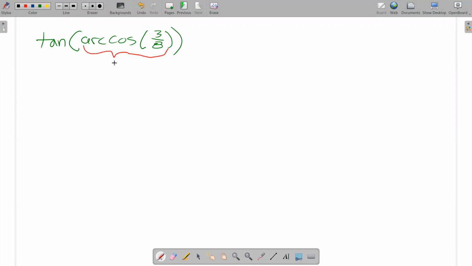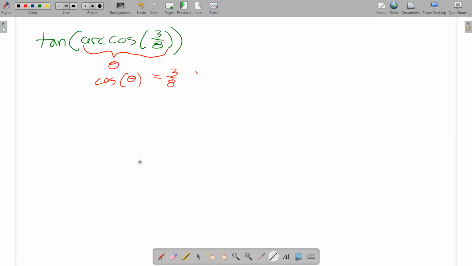Remember, the arc cosine is an angle. So this says cosine of what angle is 3/8. I'm going to use right triangle trig for this one. So I'm going to draw a triangle. Let's see. Cosine is on a right triangle